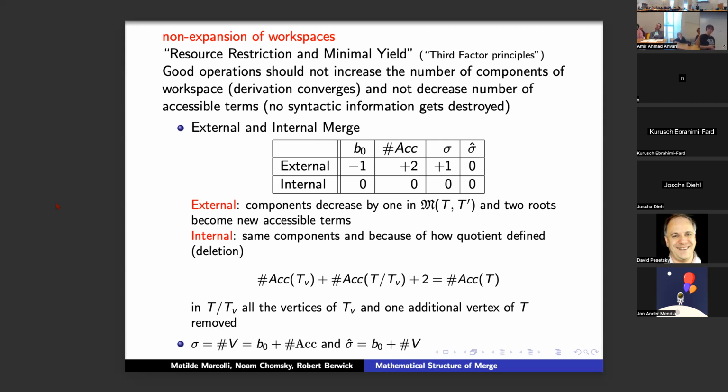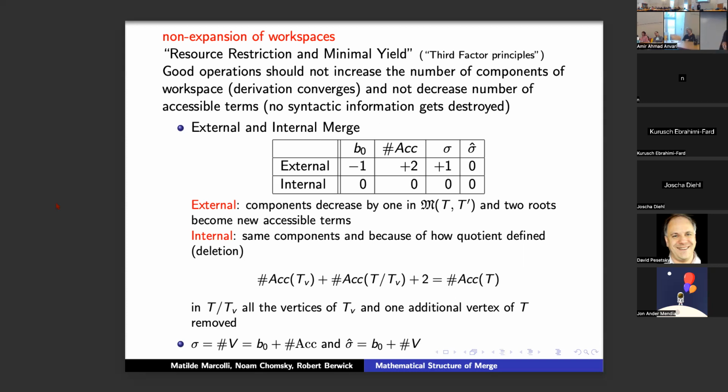The reason I'm mentioning it is that this is a conserved quantity under external and internal merge, and it is exactly not a conserved quantity in most of the other cases. Usually when you run into a conserved quantity, you ask what it corresponds to, and I don't know the answer. So if somebody has a good idea of how this